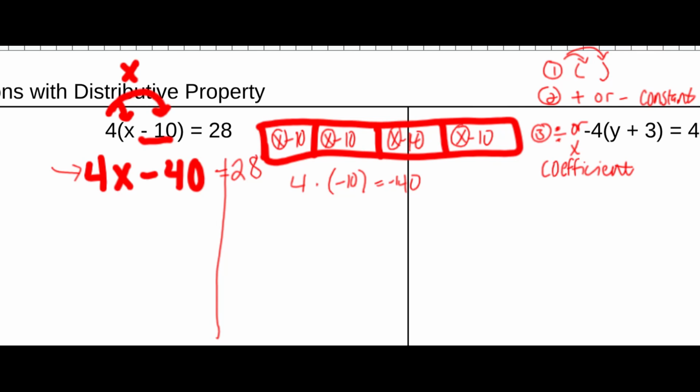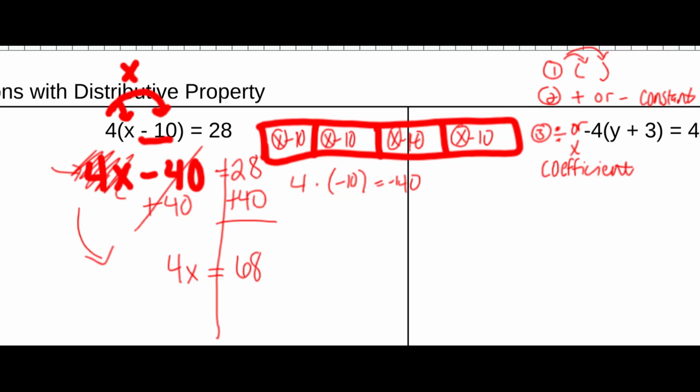All right, so then our constant here is -40. The opposite of -40, remember, if you need to, cover up that 4x to help your brain. We're not touching our x first. So we're going to add 40, and that gives you your math problem as your first step. So 28 plus 40 would be 68. Then you bring down your 4x. And 4x means multiply because it's side by side. So we're going to divide by 4,